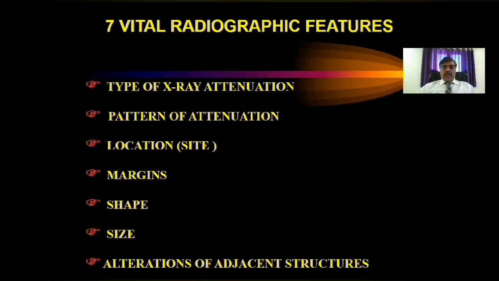Okay. There are 2 important things for a successful radiodiagnosis. The first one is perception. Perception is the ability to identify these pathological changes in the radiograph. The second one is cognition, the ability to interpret this data with the knowledge about the pathologies that can affect the jaws. So perception and cognition are 2 important abilities that decide the perfection of radiodiagnosis. So let us see these features one by one.